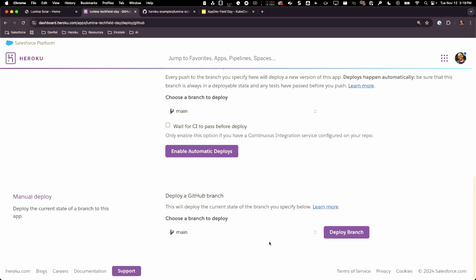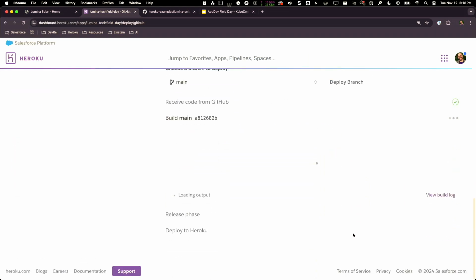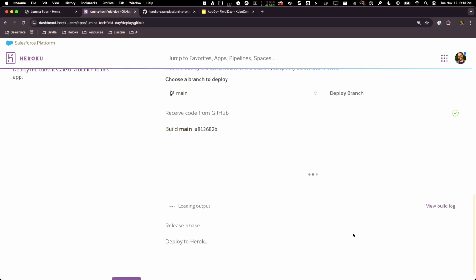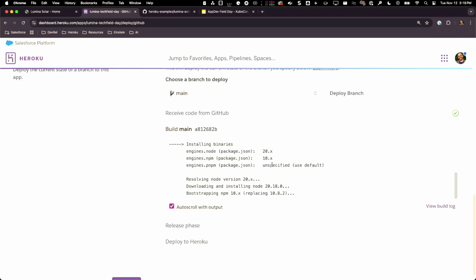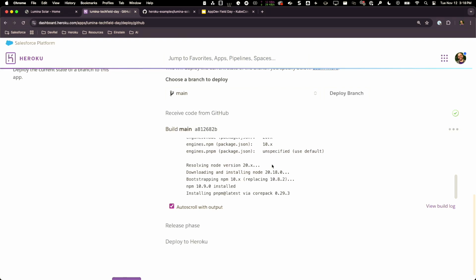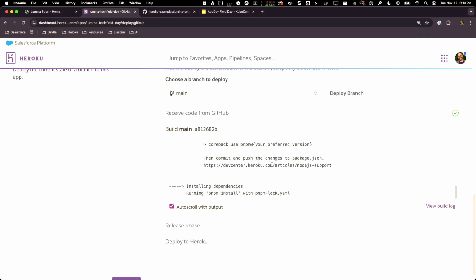I select the branch that I want to deploy, which is the main branch. Click on deploy branch, and that's it. Right now, Heroku is fetching that source code from GitHub. It is detecting that my application was built using Node.js and the different versions of the runtime that I specify. It's building up that application, creating a container image that it will make available for our customers to access to